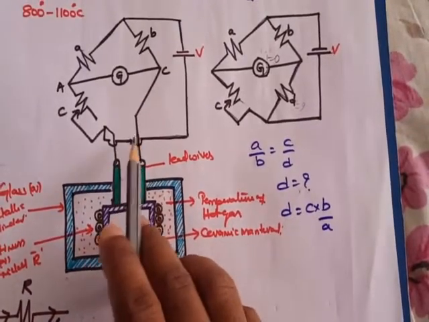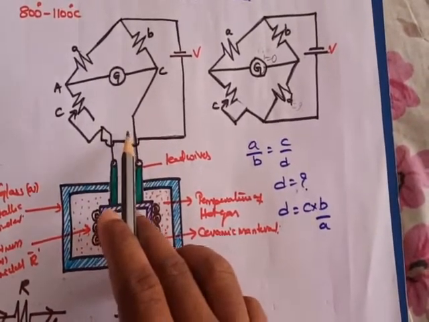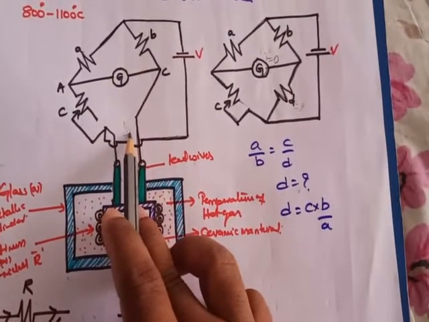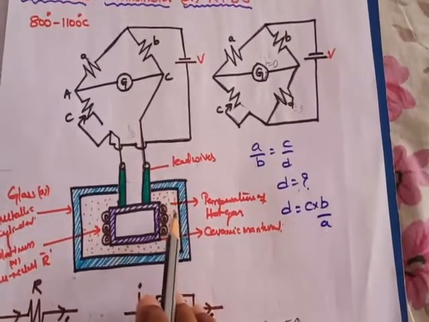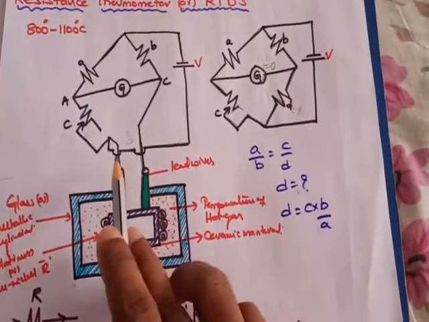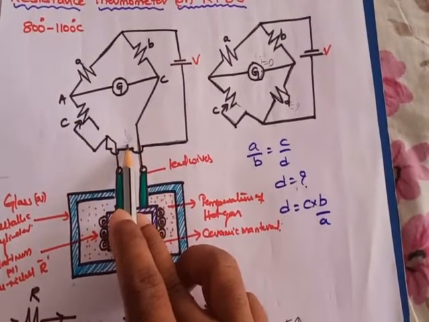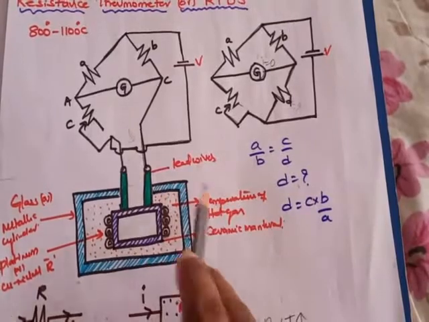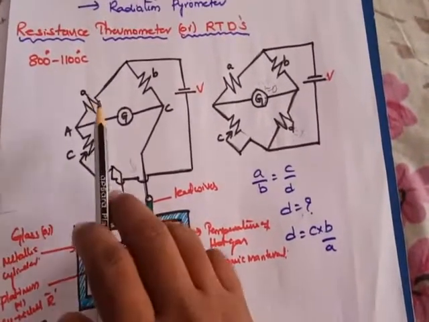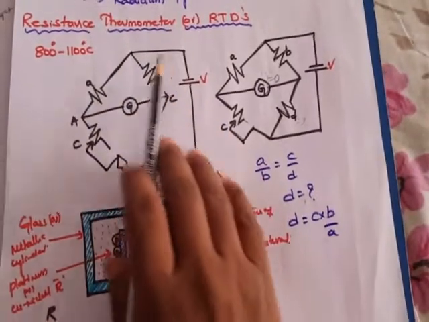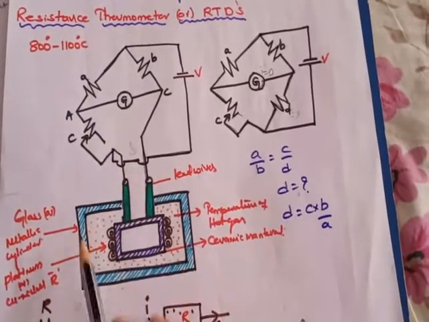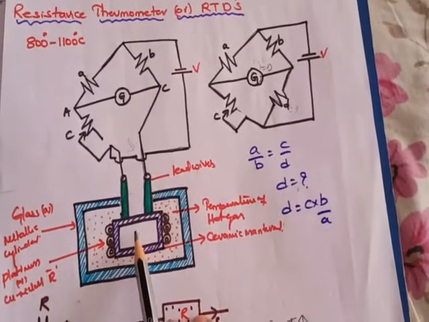Here these are the two lead wires where we find the unknown resistance D. We are finding the value of the unknown resistance D, which measures the temperature, that is, the measurement of temperature using resistance. So here you find the value of resistance, which in turn measures the temperature of the hot gas in this chamber. So this is about the resistance thermometer, which makes use of the Wheatstone bridge for finding the temperature with the help of the resistance thermometer.